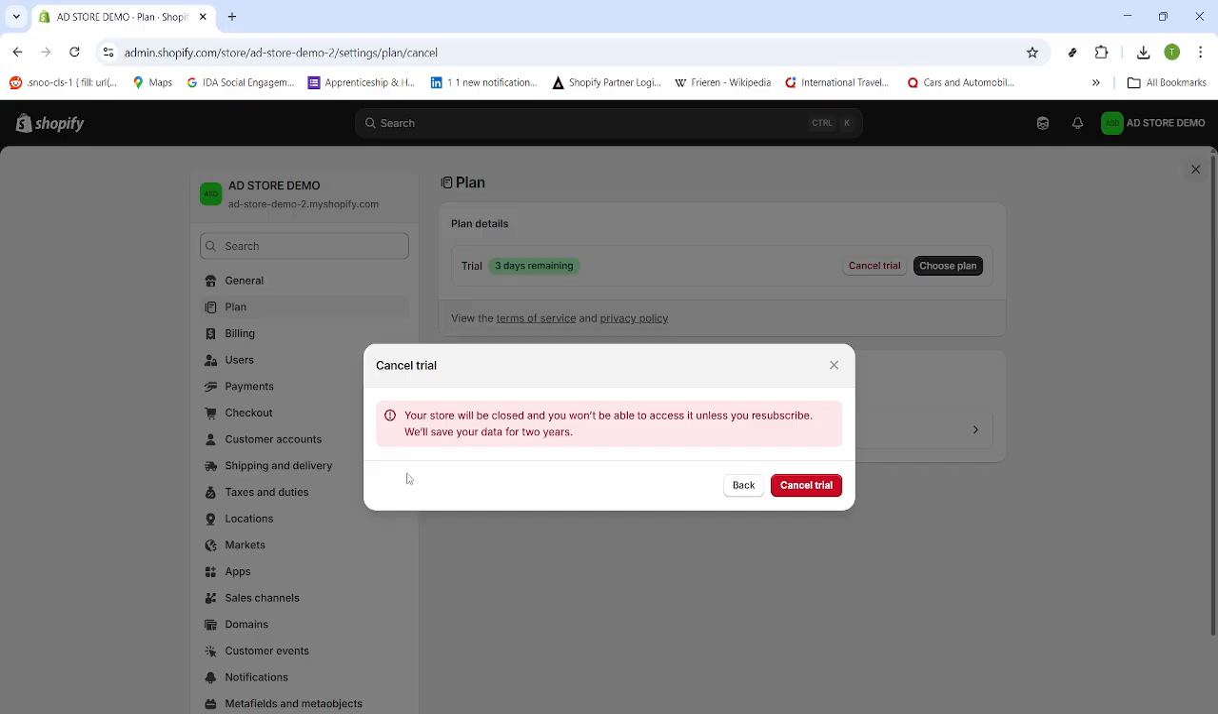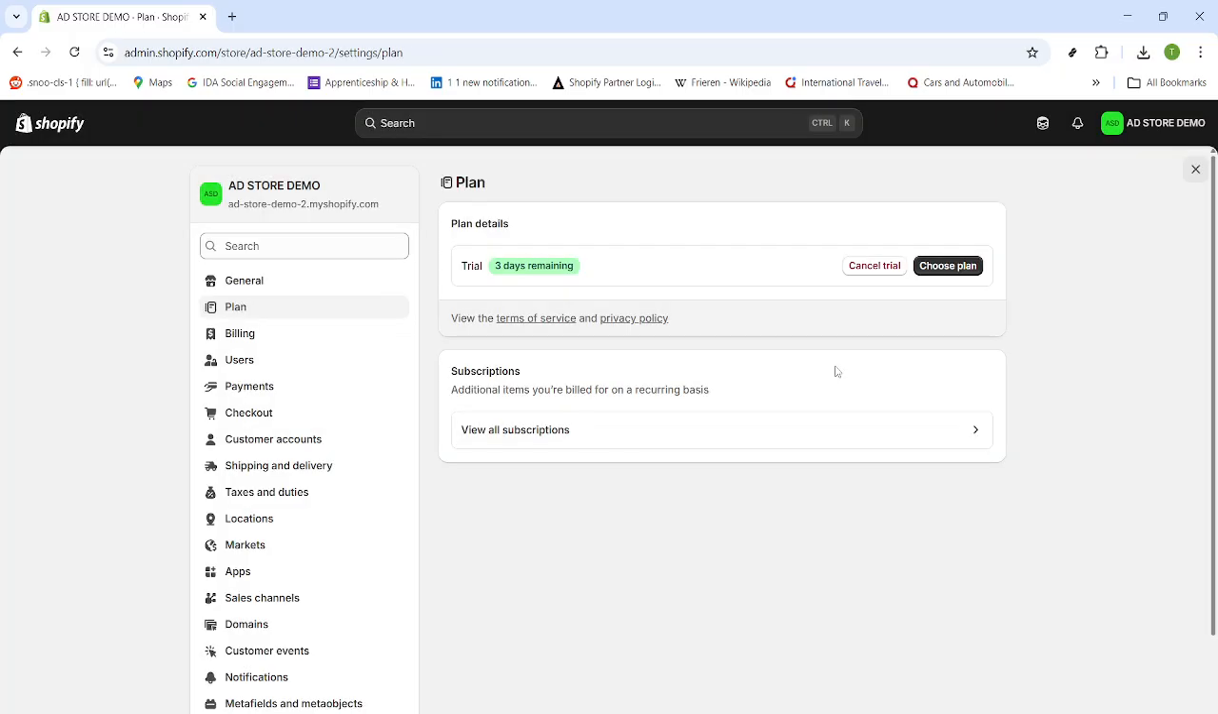And if something looks different in your admin, don't worry. Shopify updates its interface from time to time, but the path through settings, then plan, and the cancel options remains the same. That's it. You've deactivated your Shopify store and canceled